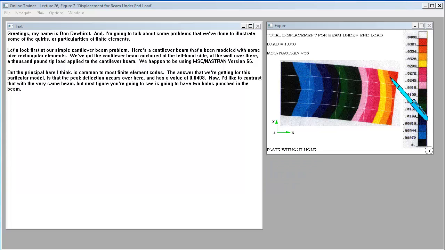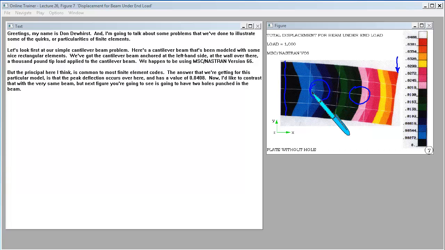Here's a cantilever beam that's been modeled with some nice rectangular elements. We've got the cantilever beam anchored at the left-hand side at the wall over there. A 1,000-pound tip load applied to the cantilever beam. We happen to be using MSC Nastran version 66, but the principle here I think is common to most finite element codes. The answer that we're getting for this particular model is that the peak deflection occurs over here and has a value of 0.0408. Now I'd like to contrast that with the very same beam, but